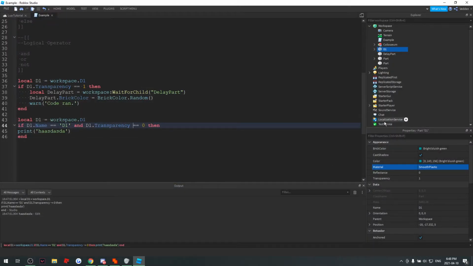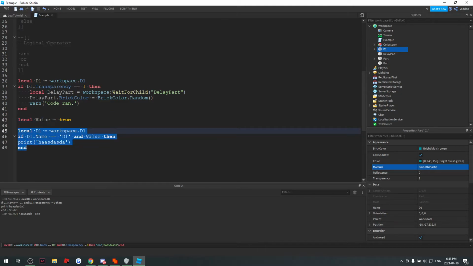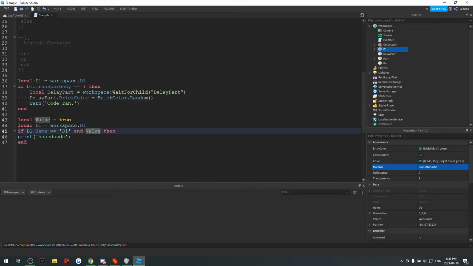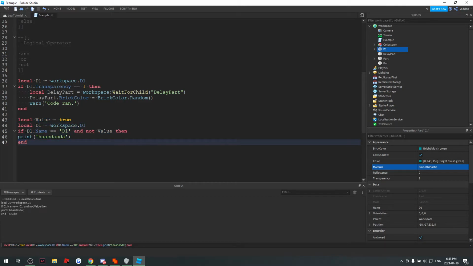Okay. Let's just do this. We're gonna use a boolean, a bool, a true or false value. Local value equals true. Okay. And value. So this is gonna work because the value is equal to true. But of course. Now what happens if we do not? A not value. It won't print anything because remember,